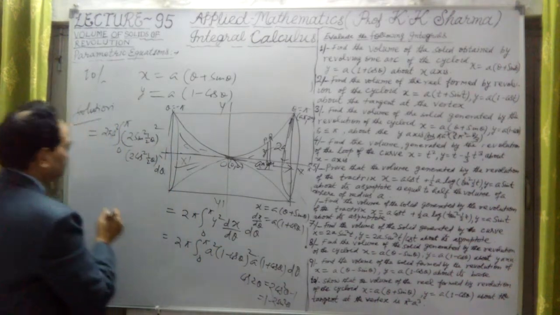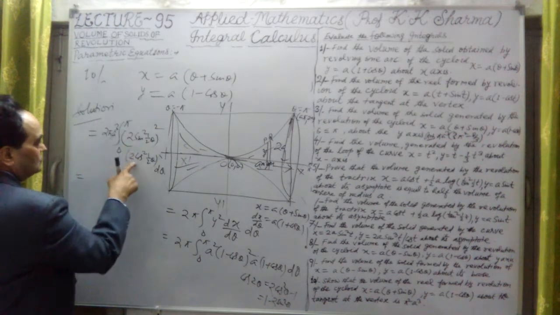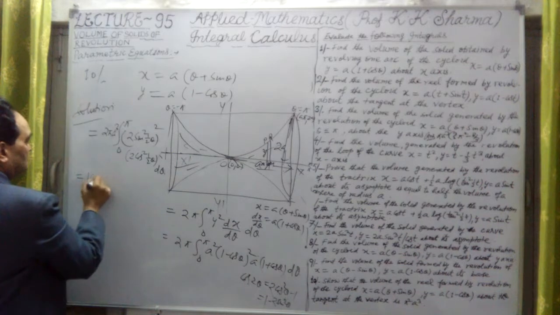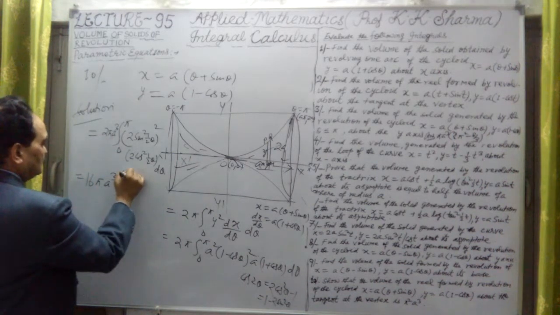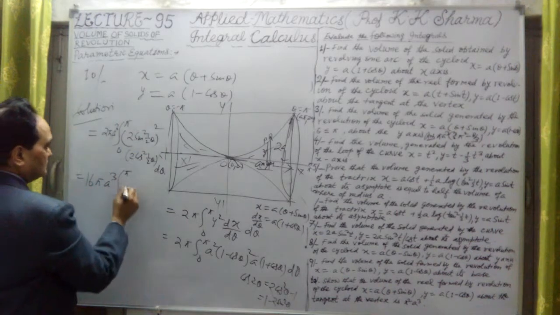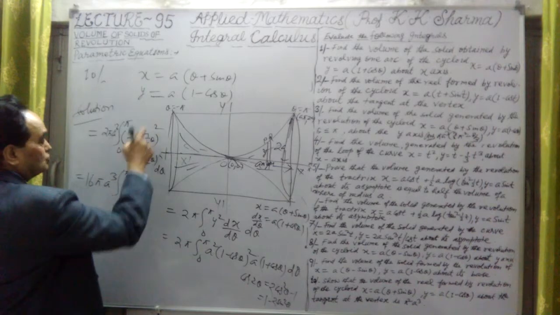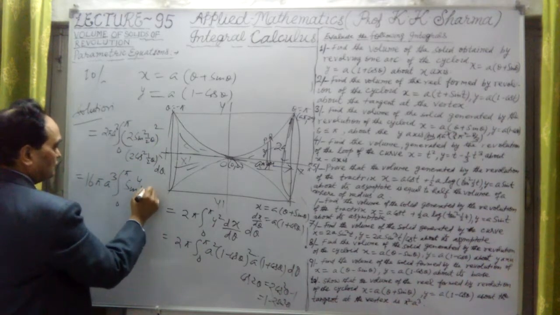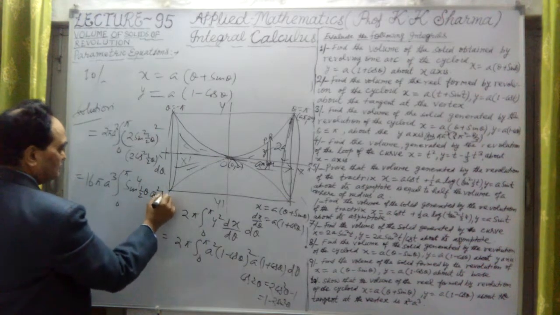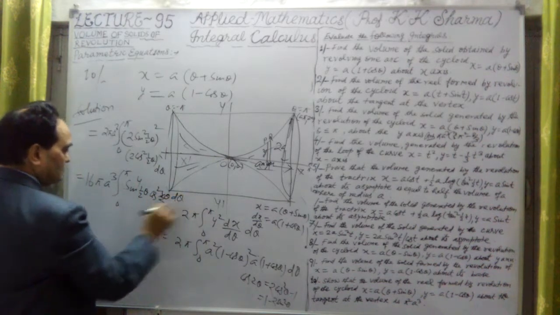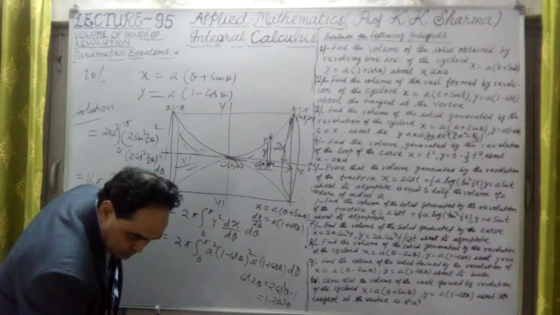Now let me multiply them. Twice is 4, 4 into 4 is 16, so it is 16 pi a cube, 0 to pi. Now this is sin to the power 4, sin square whole square, that means sin 4 half theta into cos square half theta into d theta. Now I have to substitute cos. Let me put